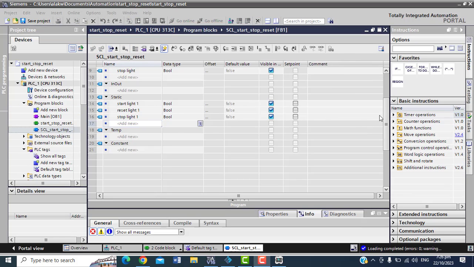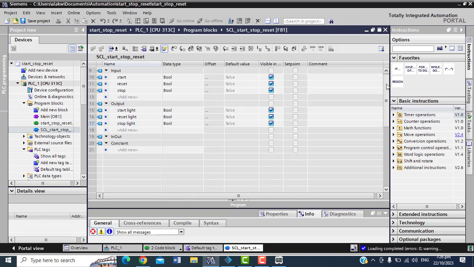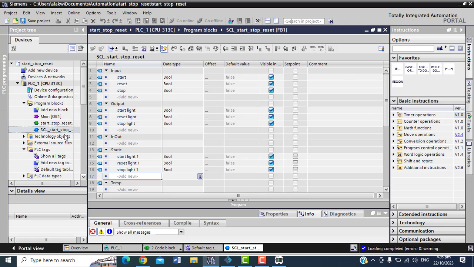As you will see here, I created the SCL with the function block, and then I named all my inputs and my outputs. But there is another thing I named here, the static variable. If you open a function, you will never see this thing called static.